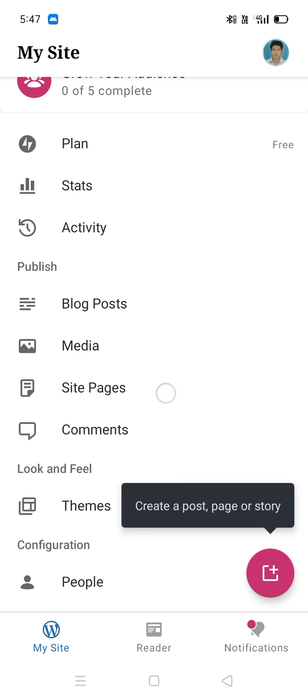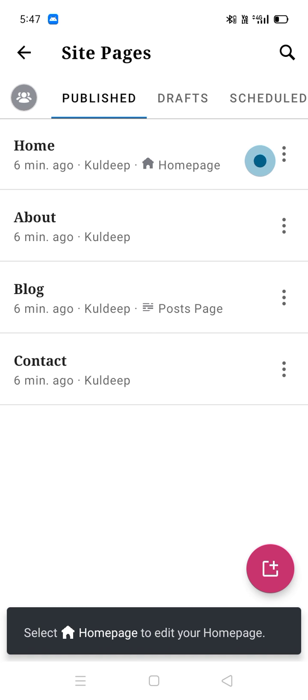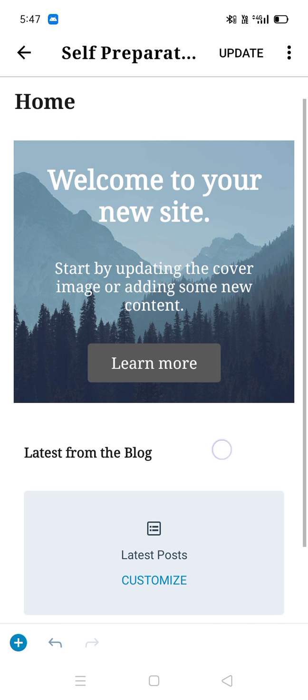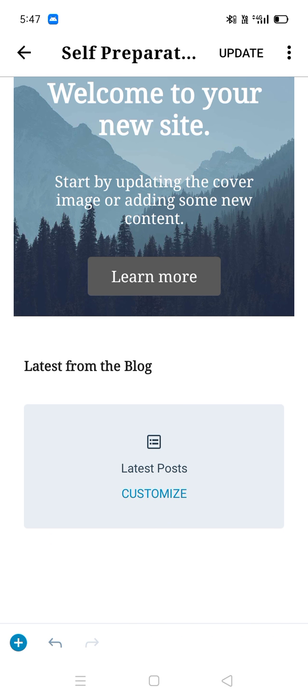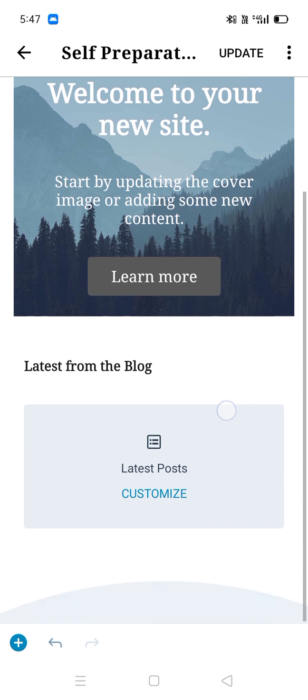So you will find your home page here, site pages and home. Click on home, and you see your content here, and you can edit from here.